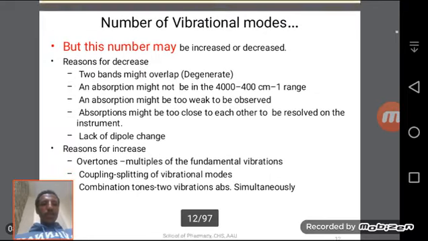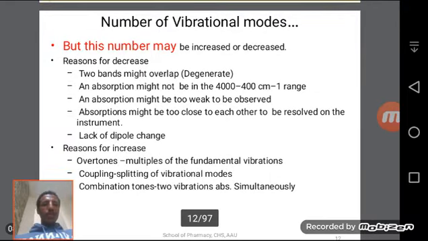Reasons for decrease: 2 bands may overlap or degenerate. An absorption may not be in the 4000 to 400 per centimeter range. That means when absorptions do not fall in the mid IR range, this can decrease the number. Another one is an absorption may be too weak to be observed. When we cannot see it and do not count it, the number of absorption bands can decrease. Absorption may be close to